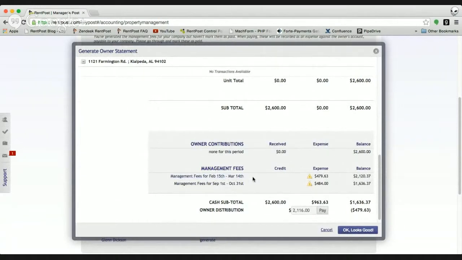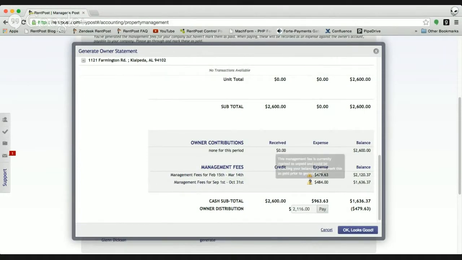This particular one is showing management fees over a different period. The reason you're seeing that is the recorded at date that has been set for that particular expense is also showing over this period. So you want to make sure that the recorded date for your management fees also falls within the date range. You can manually add management fees just in the same way that you can use this system for the automatic calculation. It's just important that you match the dates when you're adding those particular fees or expenses. So we can see these here, and then we can see the final rundown, and then finally the owner distribution amount.